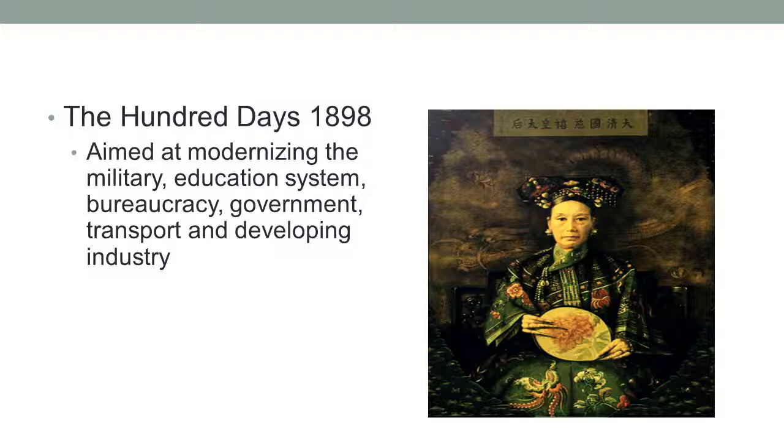Developing the transport. One of the really important things about transport is that it provides communication between different parts of the country. China is massive. It is a very, very large country. And one of the reasons why you can have regionalism develop is because the government is not able to extend its reach out into the more frontier areas. By improving transport, building more roads, building canals, building especially railroads, the movement of goods, the movement of